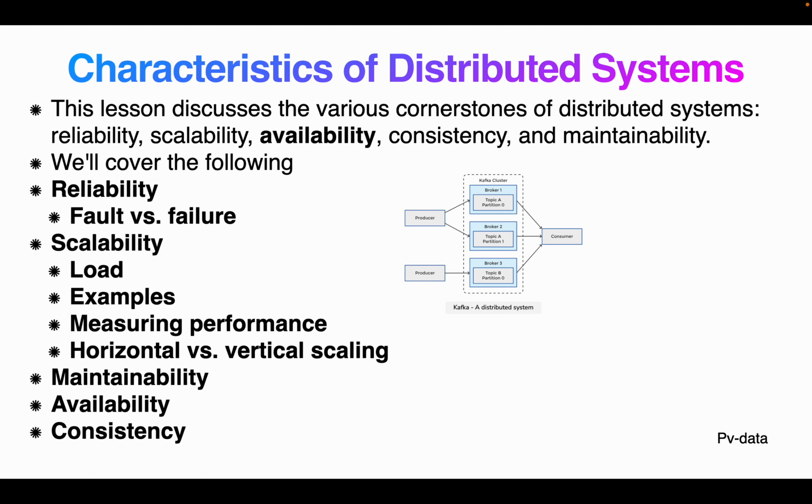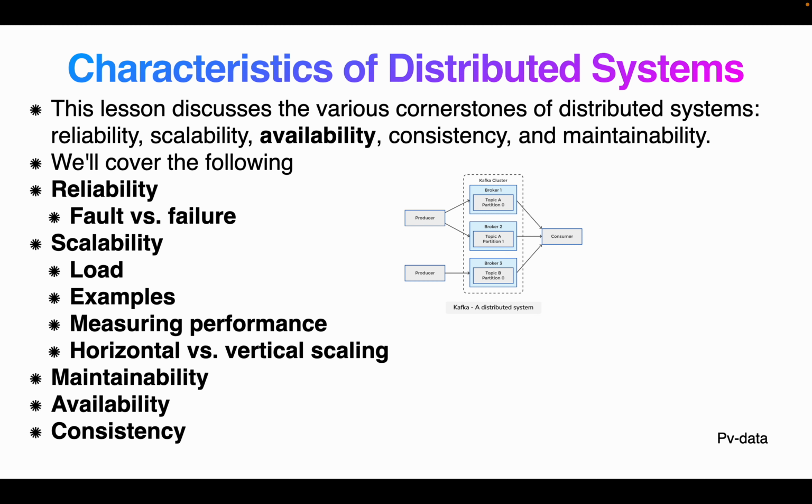System characteristics of distributed systems. So we are going to cover various characteristics of distributed systems. This includes reliability, scalability, maintainability, availability, and consistency. As for reliability, what is the difference between fault versus failure; for scalability, the loads and some examples and measurement of performance, and horizontal scaling and vertical scaling; then maintainability, availability, and consistency, and the CAP